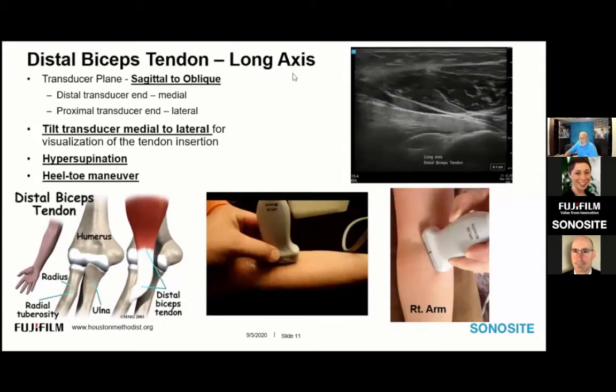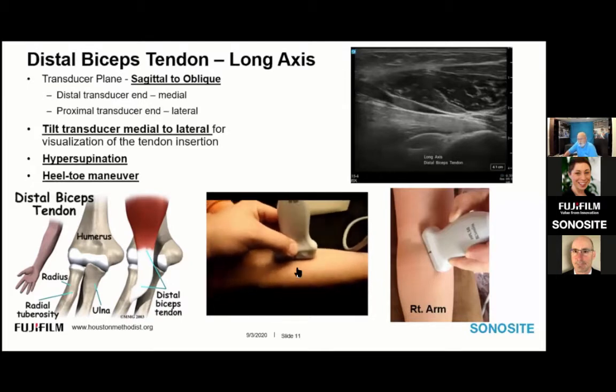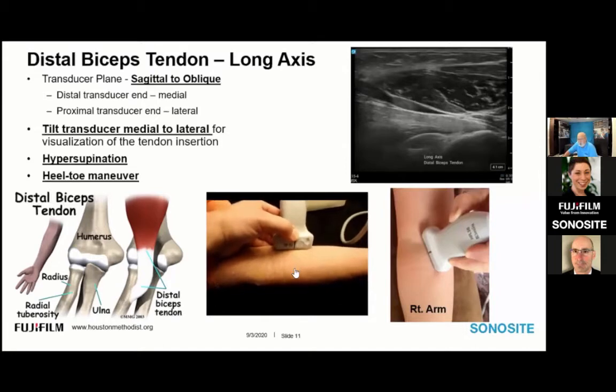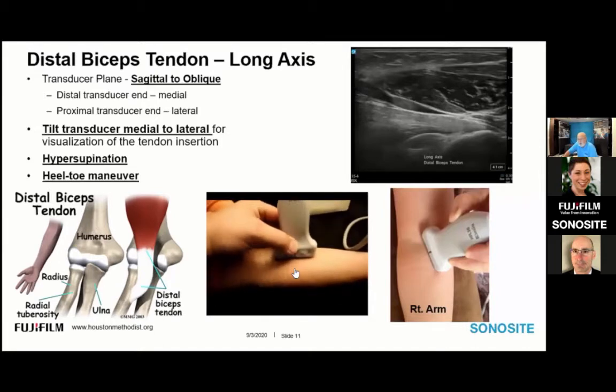Long axis imaging of the distal biceps tendon requires attention to transducer technique as well as patient arm position. The arm will remain extended. The transducer is placed in a sagittal plane to the arm to visualize the proximal portion of the biceps. As the transducer is moved more distal, the forearm will be placed in hypersupination, and the scan plane will change